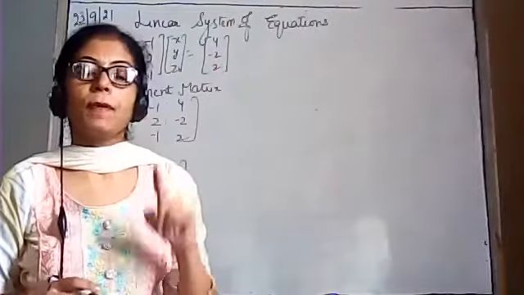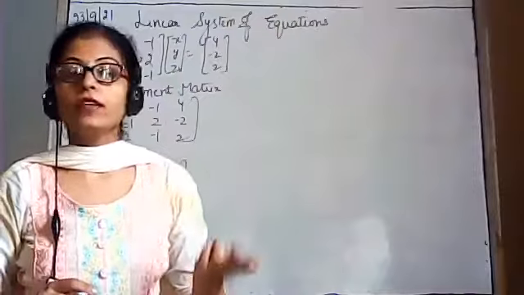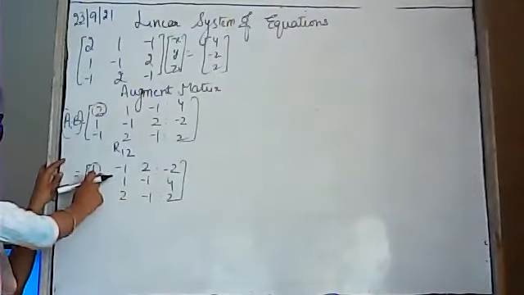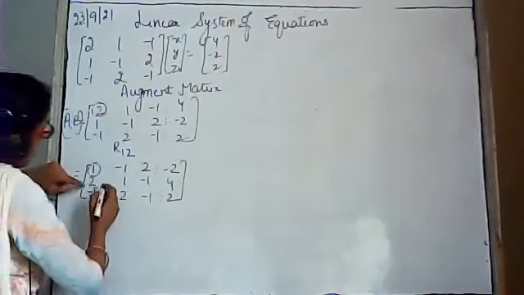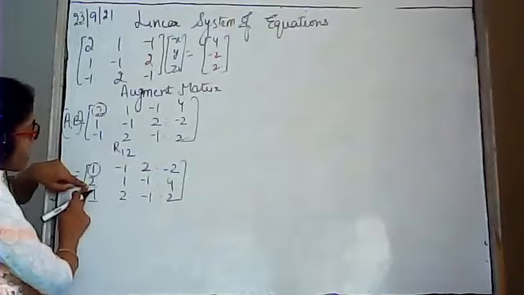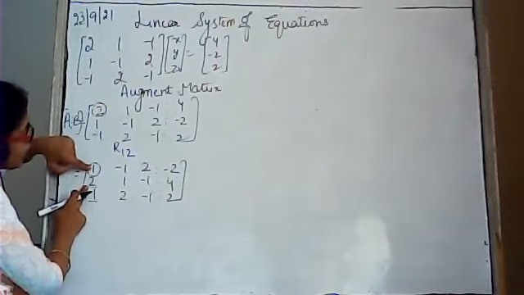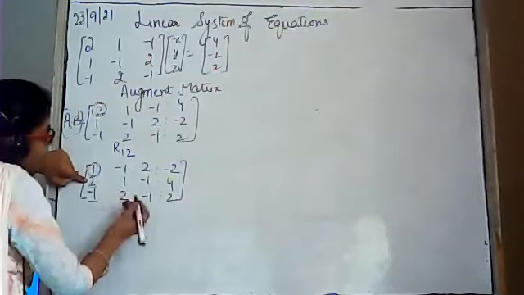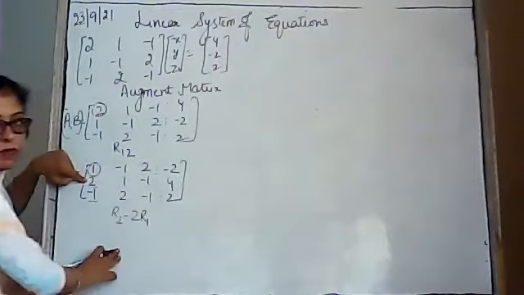Remember this step, make the elements of row 2 and row 3 with respect to row number 1. Make these elements 0 with respect to row number 1 only. इसके अलावा आपने कोई ऑपरेशन यहाँ पे नहीं लगाना है. अब इसको हमने 0 बनाना है. Here we have element 0. In row number 1 we have element 1. So इसको 0 बनाने के लिए if you multiply this element with 2 and subtract these two elements, it will become 0.